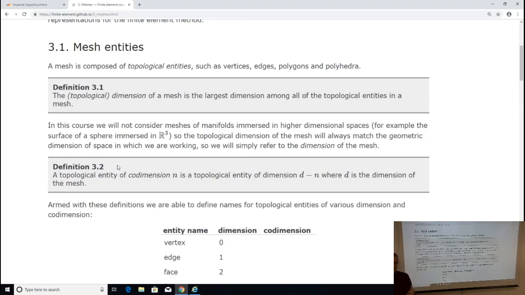For our purposes in this course, the topological and geometric dimensions of the mesh will be equal. They don't have to be. So you can have a mesh with a higher geometric dimension than its topological dimension because you are meshing a manifold immersed in a higher dimensional space. For example, if you have the surface of a sphere and you want to mesh the surface of the sphere, your mesh has a topological dimension of 2 because the highest dimension